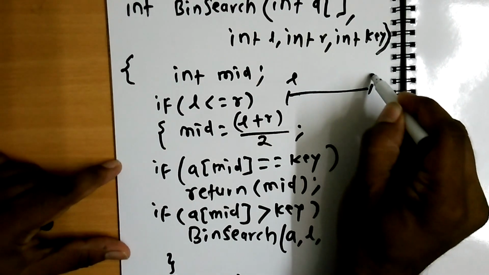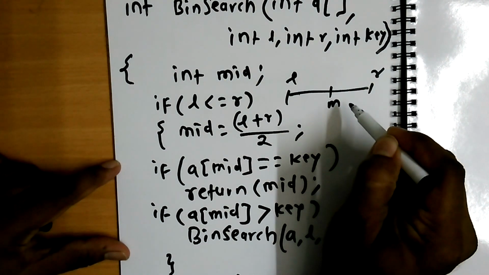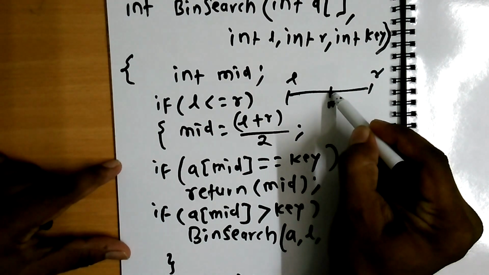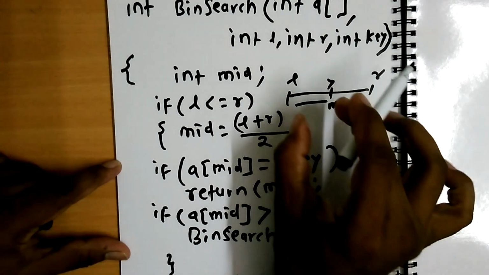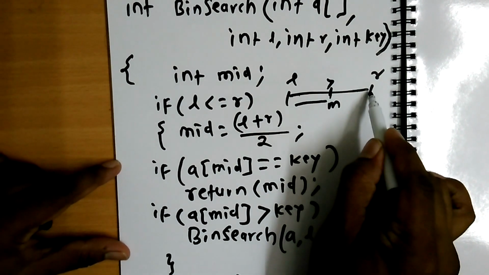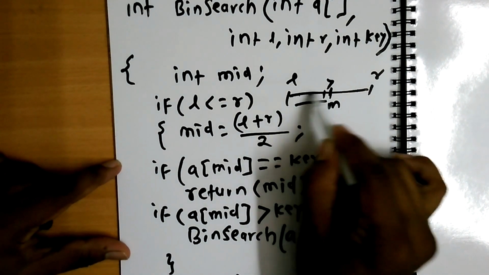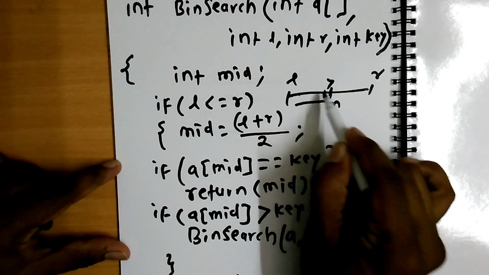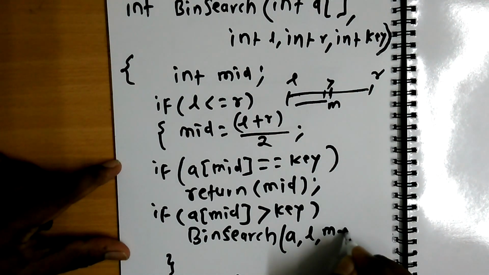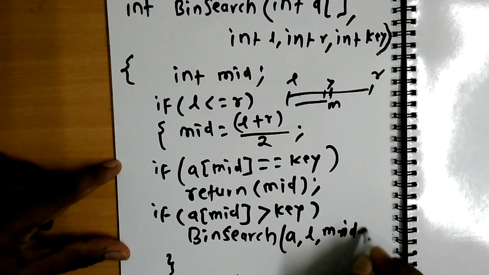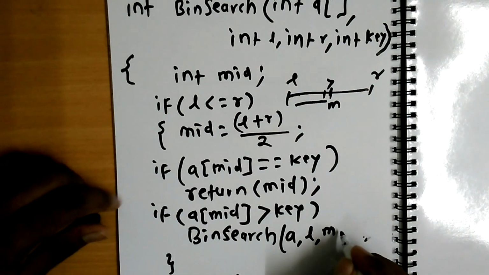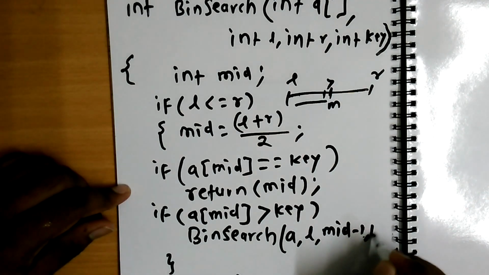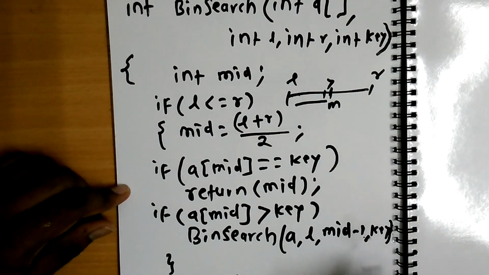But when I'm going to the left part of the array, the situation is like this. Initially here was my L, here was my R, and I computed this mid. Now I found that the number here is greater than key. So it's greater than key, that means the key is present here. So my search domain is this much now. That means my right is moving from here to here. I search only in this part. So left is L and right is mid -1. So right becomes mid minus 1, comma, key remains the key which we are searching for.